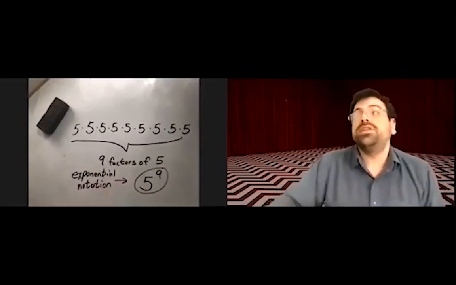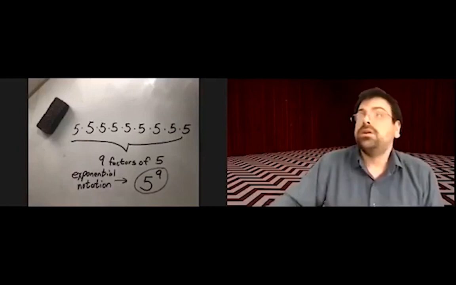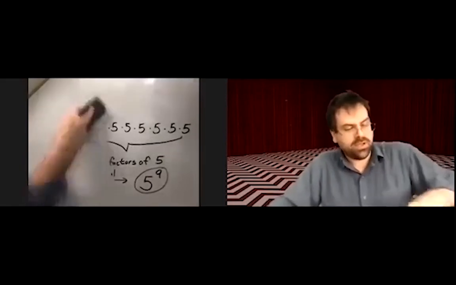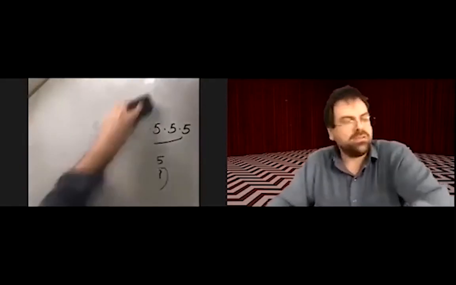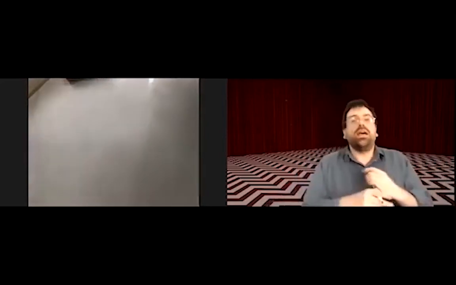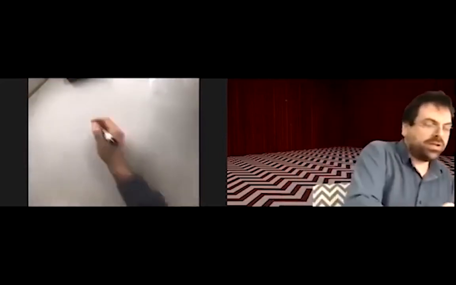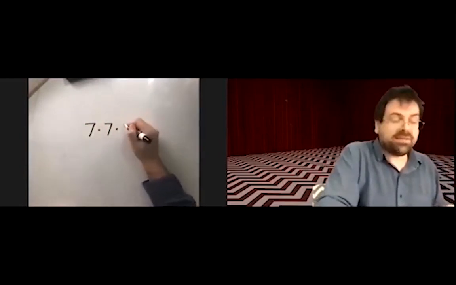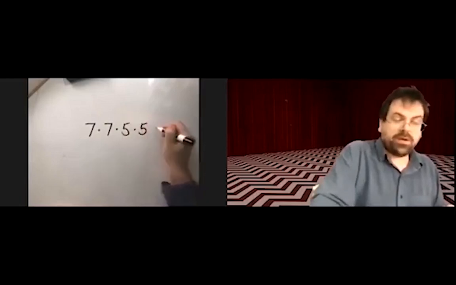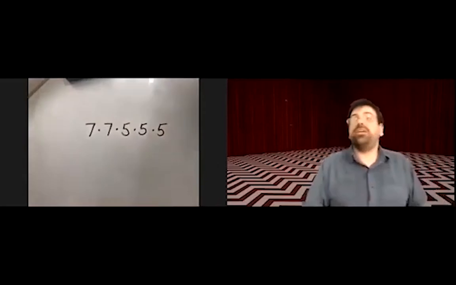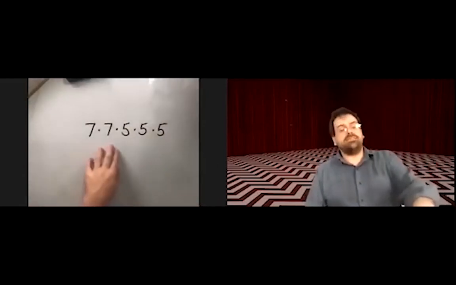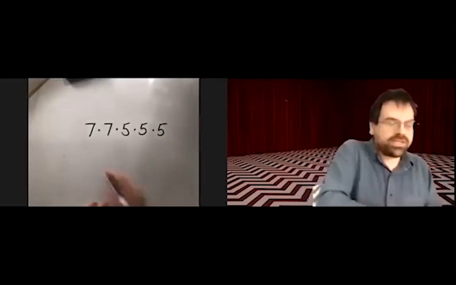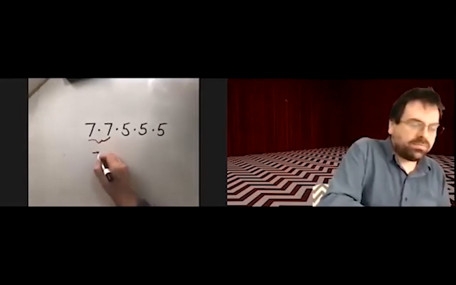So exponential notation is actually very useful for us to take a big long list of multiplication and simplify it a bit. They don't all have to be the same number in order for us to benefit. Look at this list. 7 times 7 times 5 times 5 times 5. Well, this part here would be 7